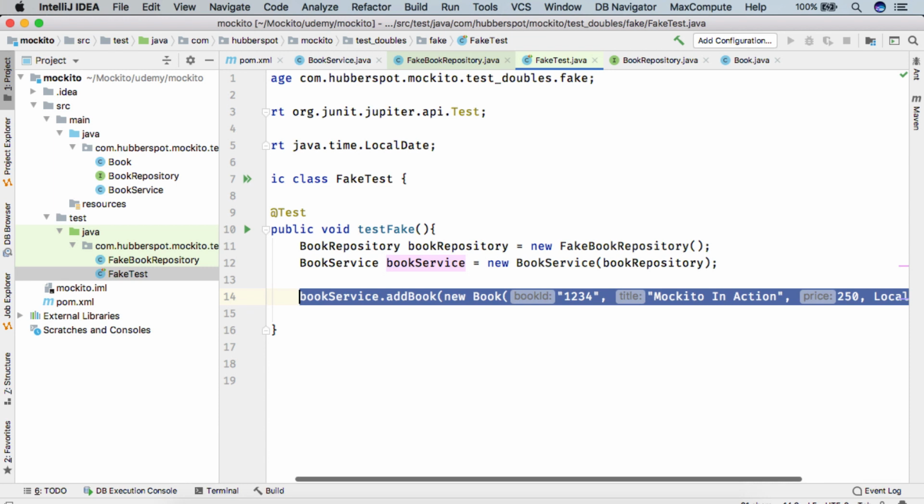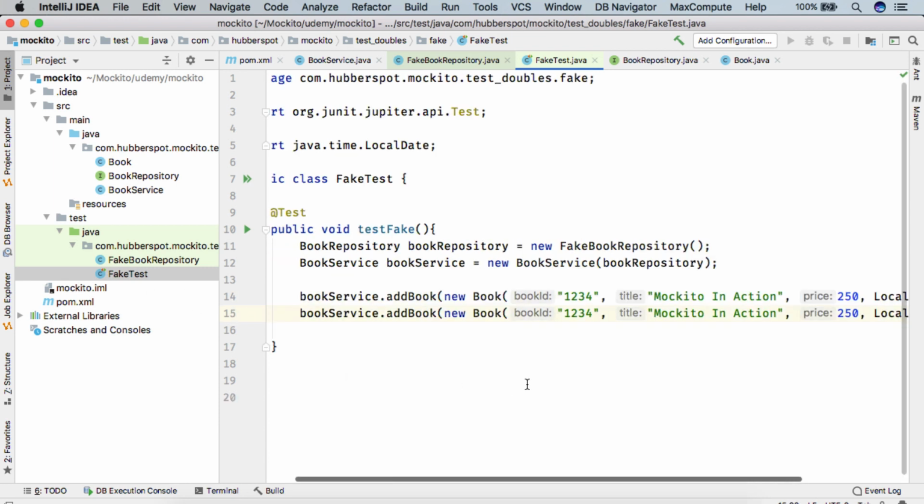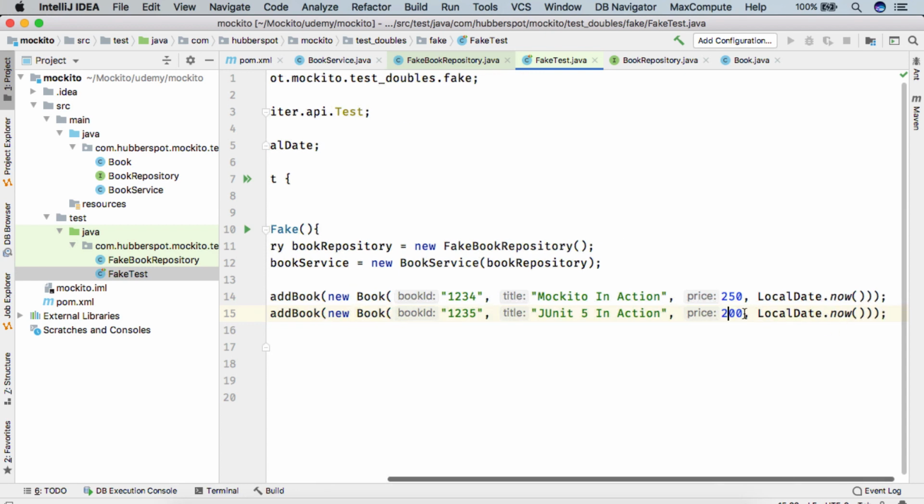Similarly, we'll copy and add one more book. Let's say we give ID as 1235 and the title as JUnit 5 in Action, price as 200, and the published date as LocalDate.now.